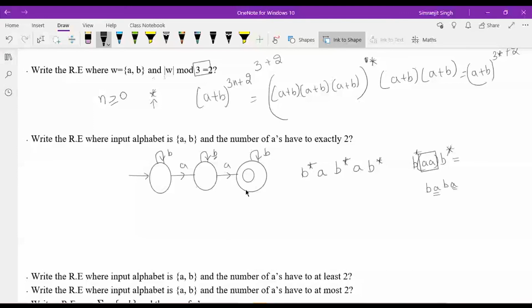We are just practicing, so by practice you do not need to worry about that thing right now. First try to build it yourself. If you're not able to do it, then build the automata, then it will become so much easier. There are some automatas in which it will become very easy, but there are some automatas where the regular expression becomes very difficult.